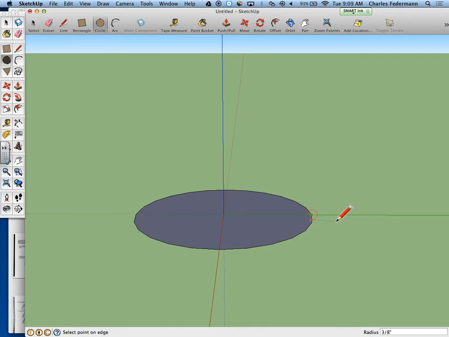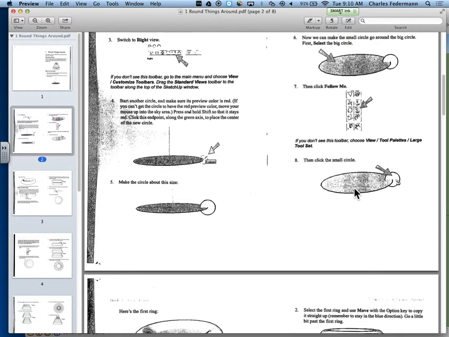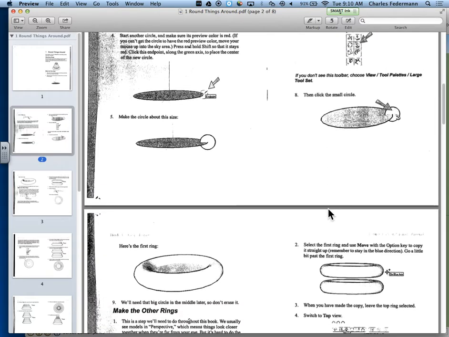Okay, so we're going to do the first, it's going to be the largest ring. So I'm going to click. I'm going to say maybe the biggest, thickest circle going around is 2 inches, so the radius would be half of that, 1 inch. So I typed 1 and return. Now what we want to do is get the circle to go all the way around the outside. So we are on step number